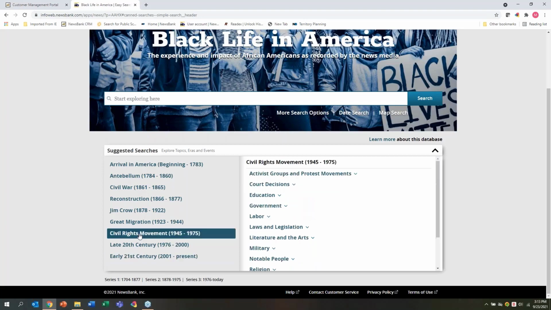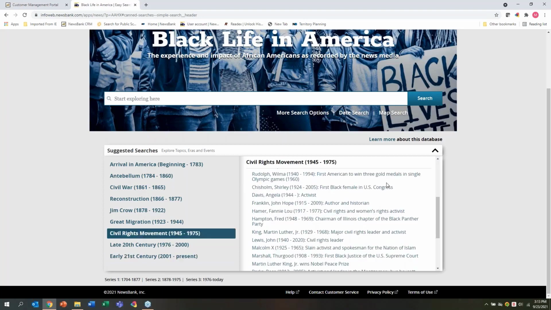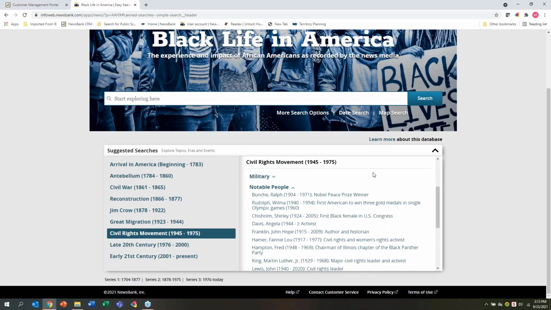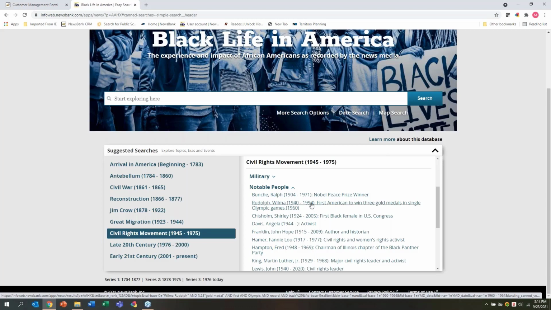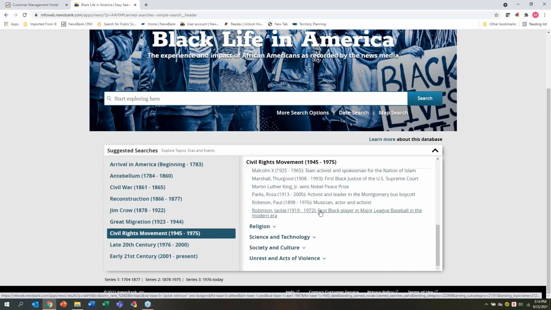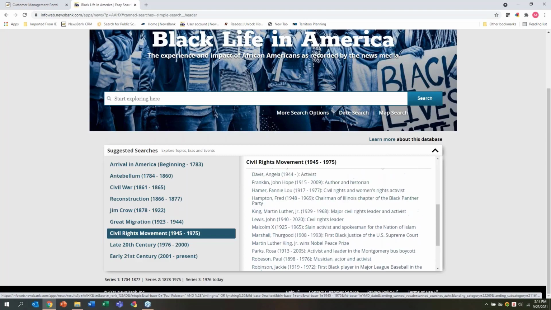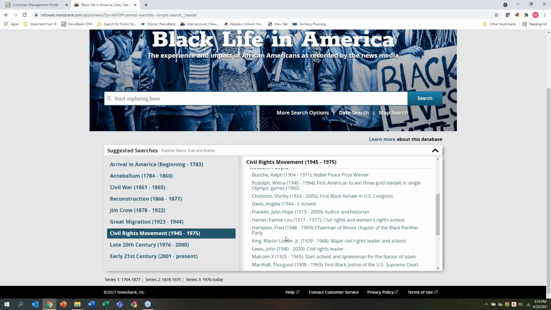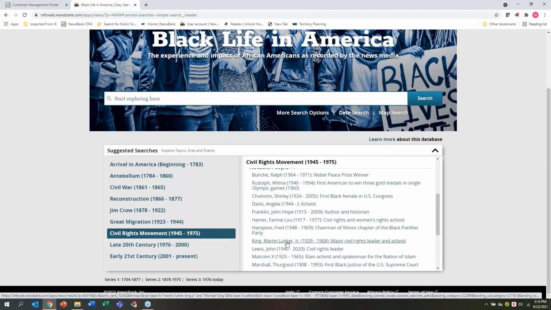So if I go into civil rights, for example, and I go to notable people, you'll see here we really are trying to show the full impact. I've got Ralph Bunche, a Nobel Peace Prize winner. Wilma Rudolph, an Olympian. If I scroll to the bottom, I've got Jackie Robinson, a baseball player. Paul Robeson, musician. And of course, we've got lots of people that everybody's going to recognize, like Martin Luther King. So if I do a search for Martin Luther King here,